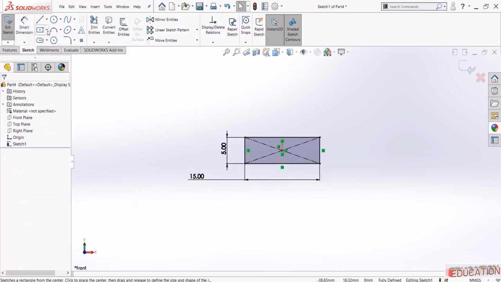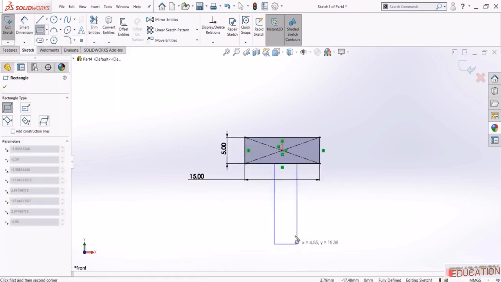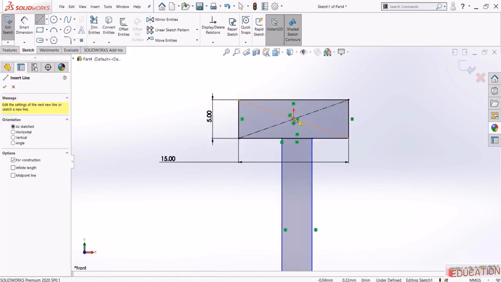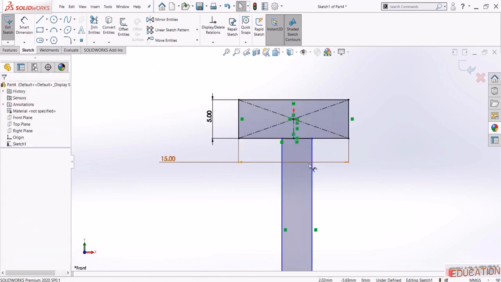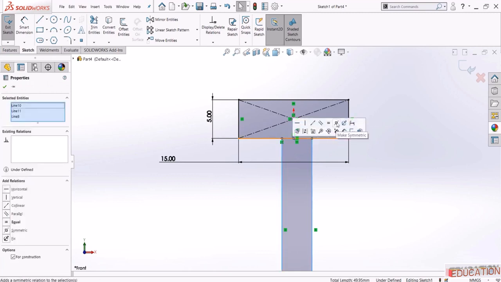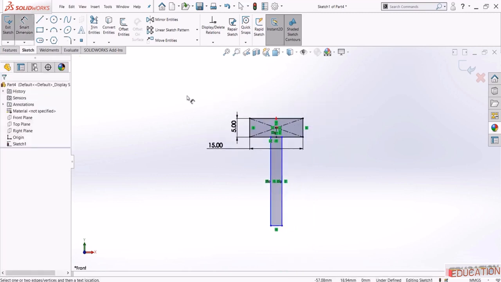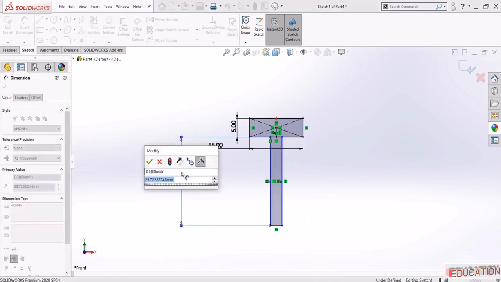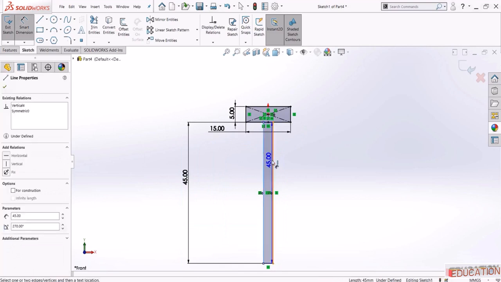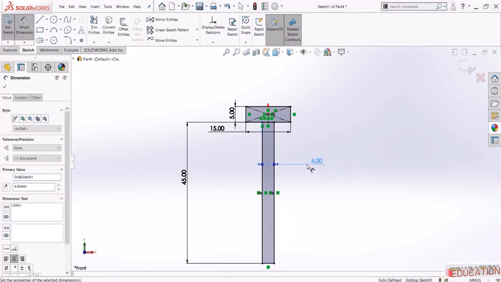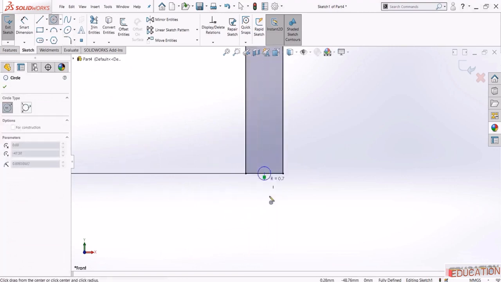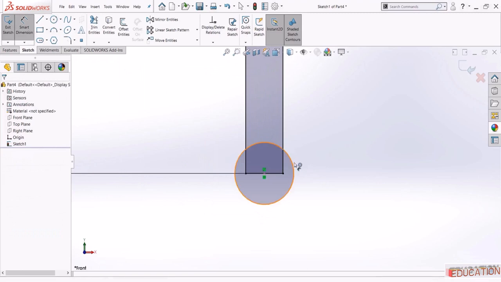And now let's pick a corner rectangle and draw something like this, and let's draw a center line here. Select this line, hold control, this one, and then make symmetric. Now this length is 45, and this width is 4, and here pick a circle and snap to the midpoint, and let's set this diameter to 5,